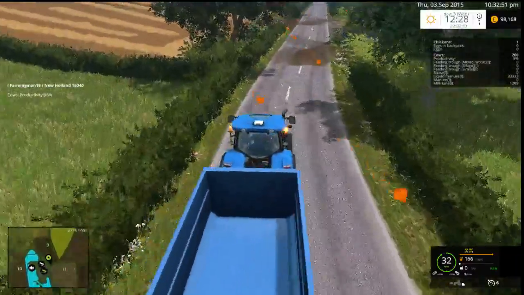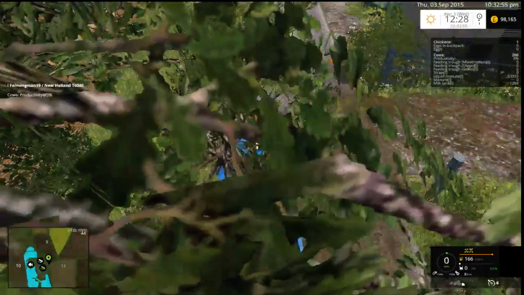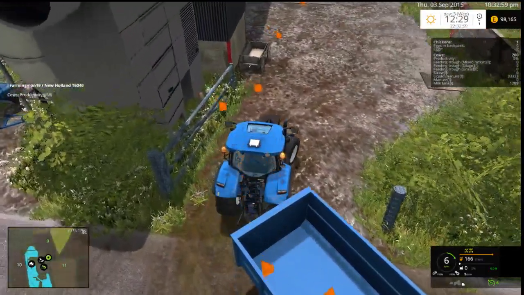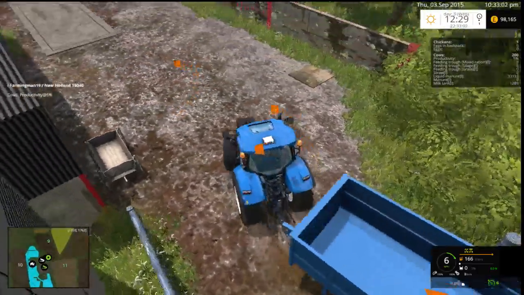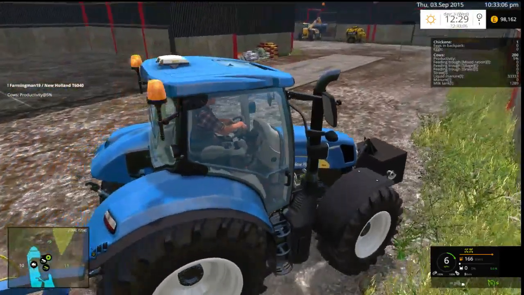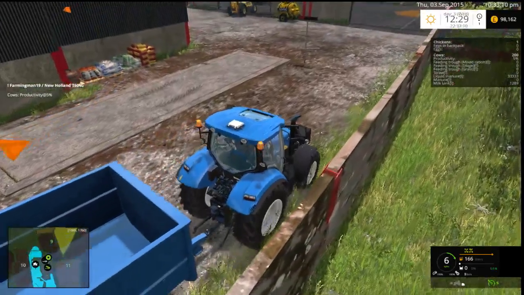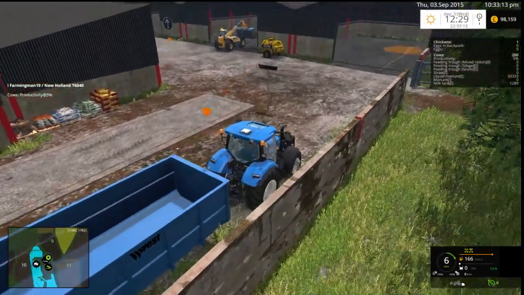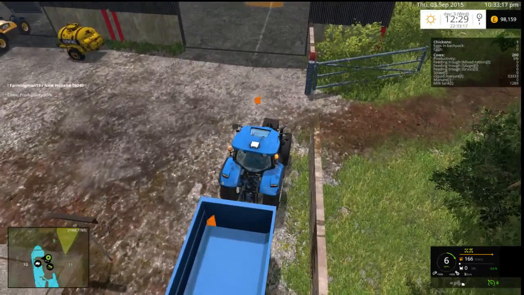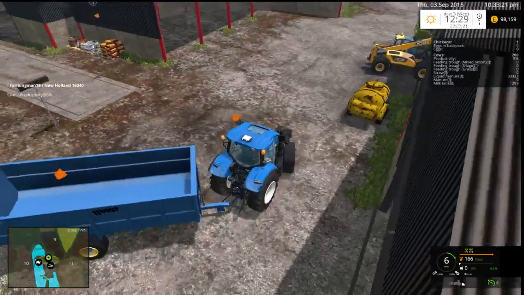The moment of truth, will it make the corner? Let's put it at 6 miles an hour. Make sure Courseplay knows what it's doing. So come right over here. I am pretty much just going to leave it at 6 miles an hour. Makes life easy when you're trying to do tight corners and stuff. You're not messing about, having to stop the course and everything. So if we take a nice wide swing,